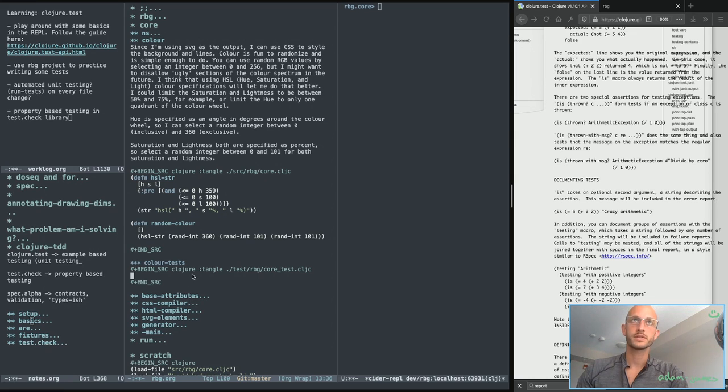Okay, color tests. If I do def test HSL string validation, that's the test. Testing HSL string validation is,